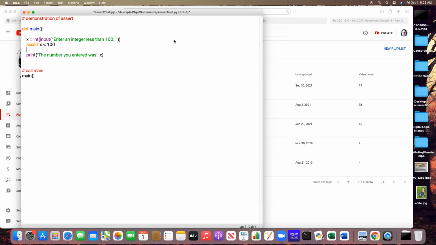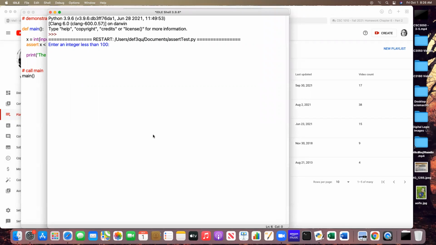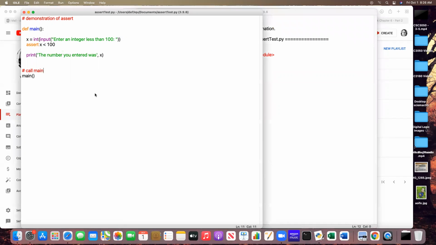From what we've done so far, we can't really do much with that. If I enter something like 200, it just gives me this assertion error, and that's it. So I want to be able to handle that error. That's where the exceptions come in. So I can start by putting all of this part